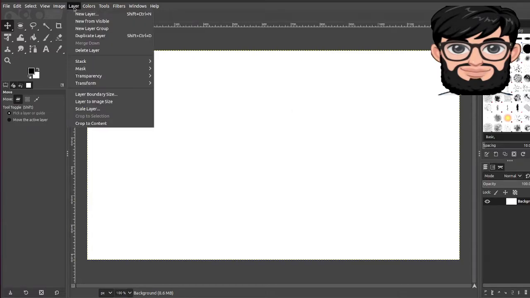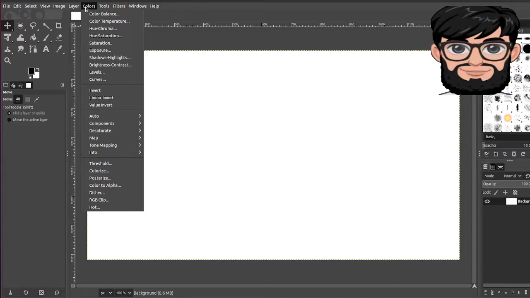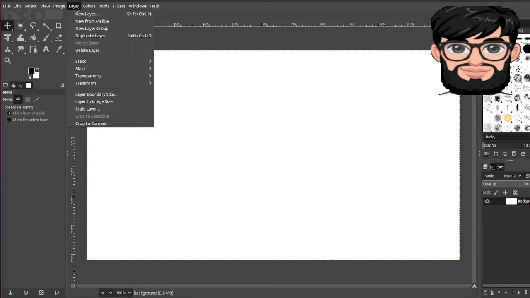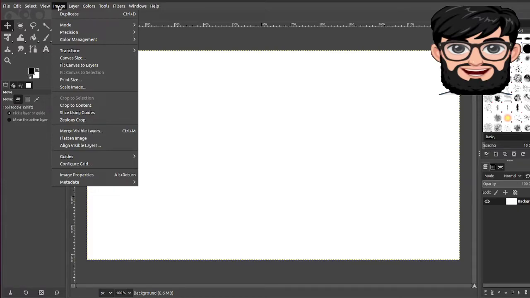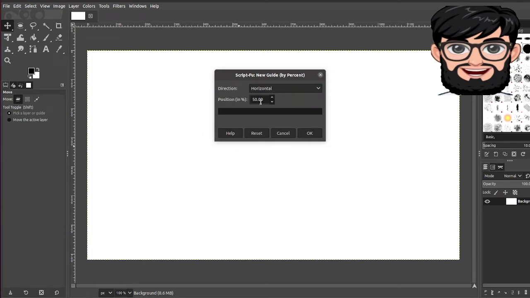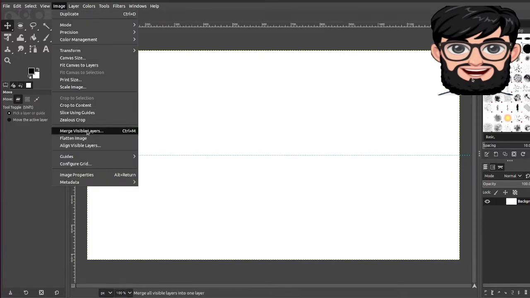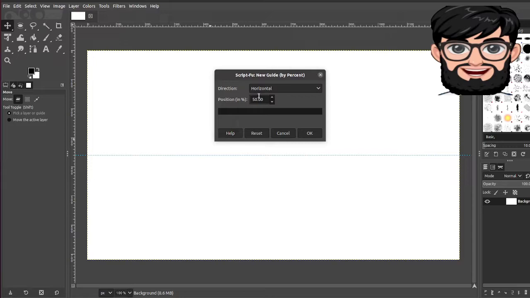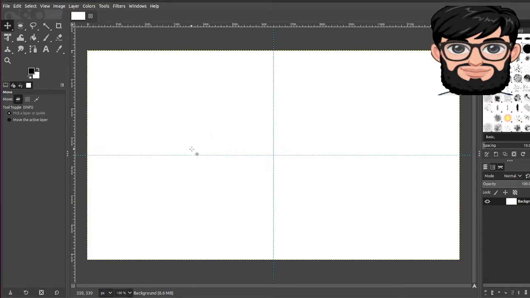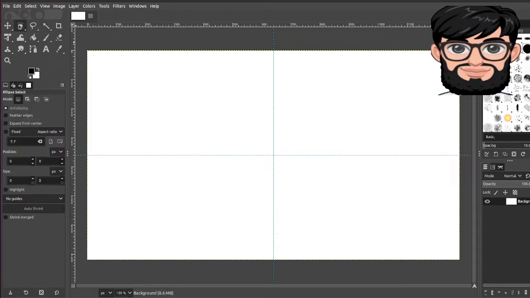If you really want it to be accurate, what you need to do is go to the image menu and put guides here. So we're gonna say guide, and the position in percentages is gonna be 50%. That is one. And the other guide is gonna be similar, but this time it's gonna be vertical. So we have two guides here. What this is gonna help me do when I'm putting a circle in there is